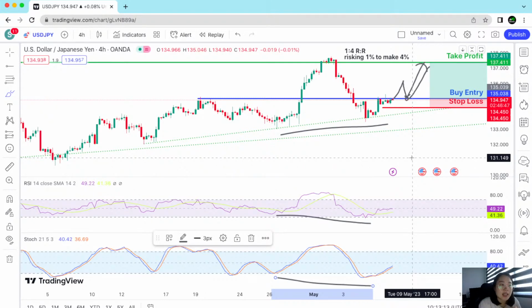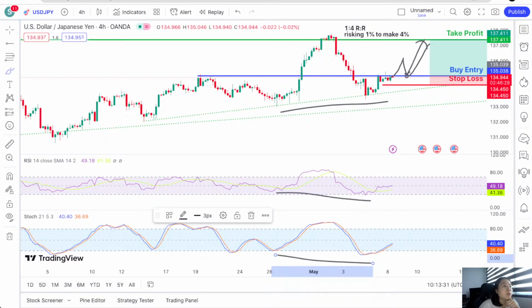So for USDJPY, the chart is showing a buy, but indicators are showing a sell. So it's mixed signals. My advice is to stay out. I will stay out because there's no point taking the risk, basically. So that's that with USDJPY. Let's see the next one that you guys requested, USDZAR.